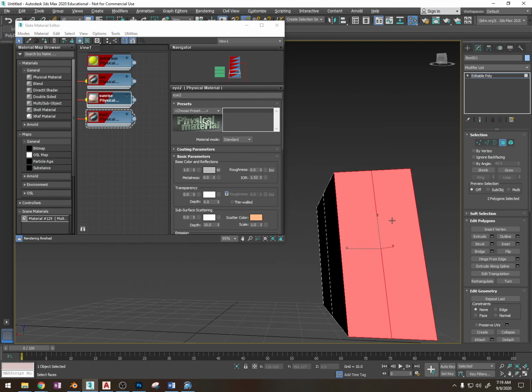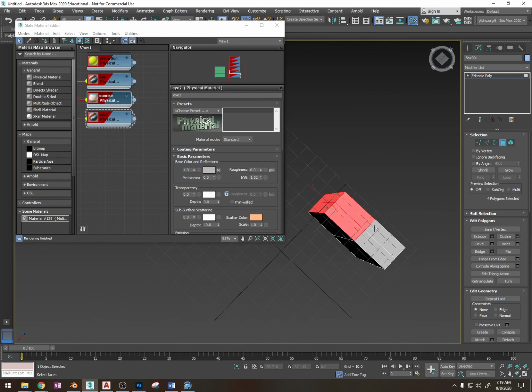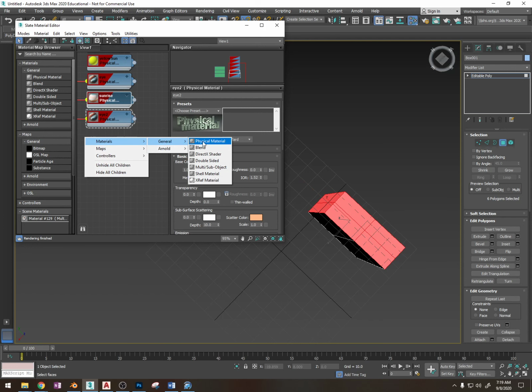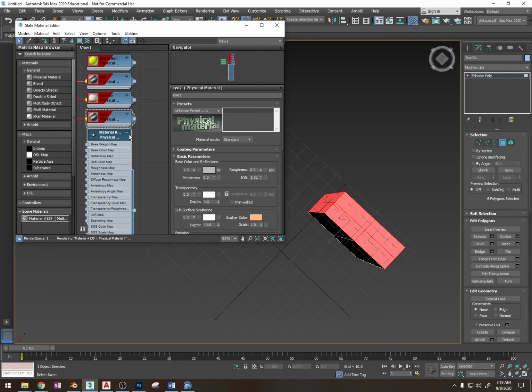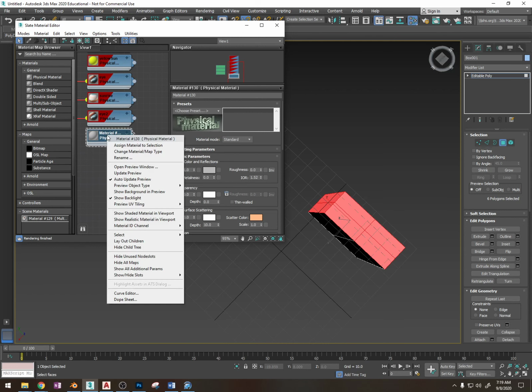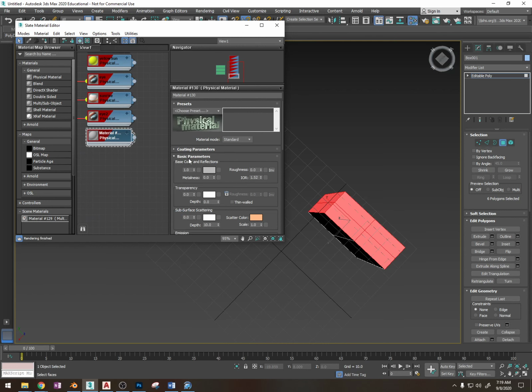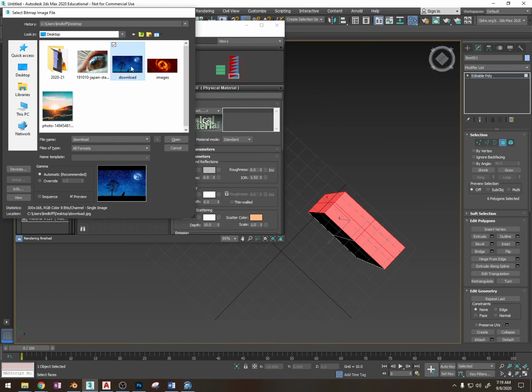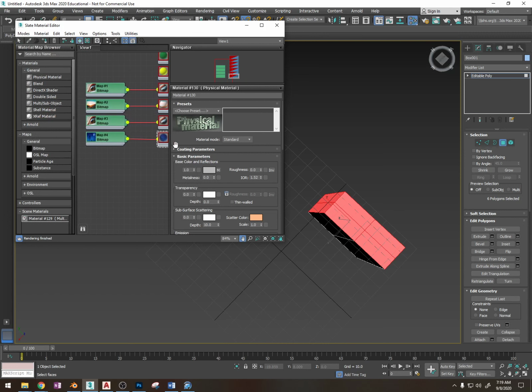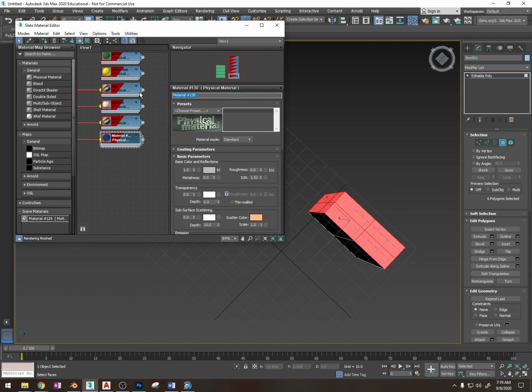Now I'm going to select these polygons, and I'm going to add a new material. Let's create right-click material, general physical material, drag this over here, minimize it, double-click to highlight it, right-click, show shaded material in viewport. Now I'm going to click on this little button next to base color, double-click the bitmap, and I'm going to select a material that I haven't used yet, which would be this picture right here. Let's say Wolf Howl. I'm going to name it, make sure you name it,